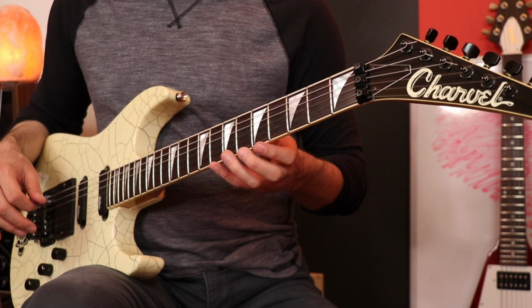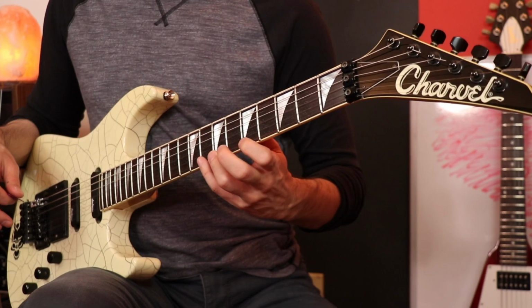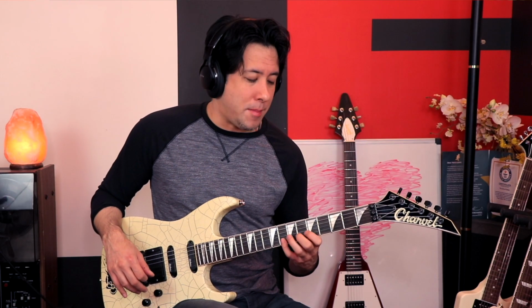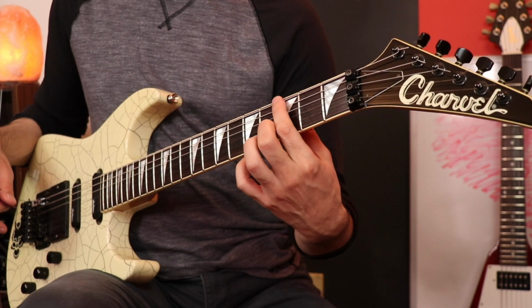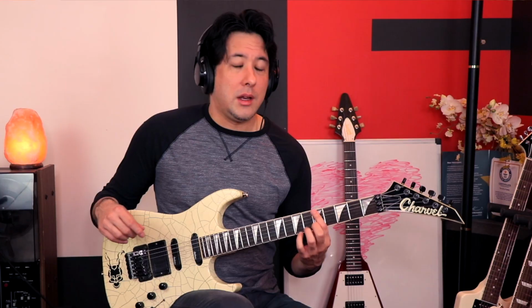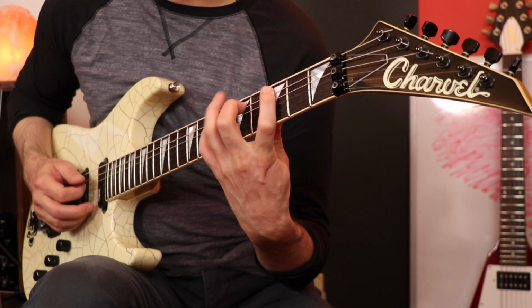You see how all the same rules apply? When I got to the very top of it, I just did that single hammer-on pull-off right back. It's kind of like this whipping effect. Back into the pattern, all the way, and then when I got to the bottom, I pulled it up, getting ready for the next one. Now, I don't mean to slow you down by saying you can only do it at a moderate speed. This pattern lends itself to going pretty fast in the future, so you could do stuff like...